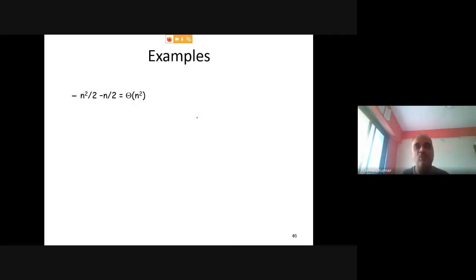So now let us take a few examples. Show that n square divided by 2 minus n by 2 is equal to theta of n square. So what does it mean? You need to show that this function f(n) should be less than or equal to c2 into n square and greater than or equal to c1 into n square. You need to show it from both of the sides, right? So basically that is what you actually have to show. So you need to somehow show that this actual function,